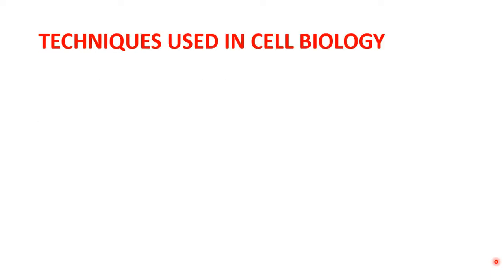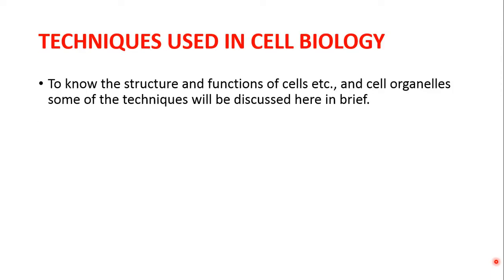Next we will discuss techniques used in cell biology. We are going to start our chapter, that is cell structure and function. In order to understand the cell structure and its function, it's very important that we separate all these cell contents. For studying these cell contents in depth, we have to separate all the cell organelles and all things that are present in a cell. So that's why we use some techniques in our biological labs in order to separate these things.